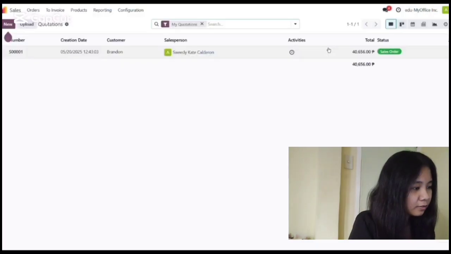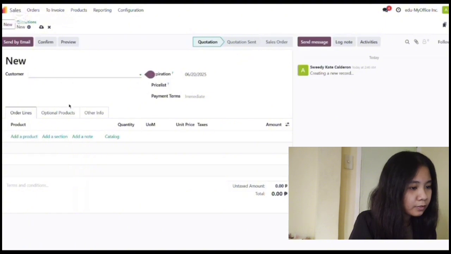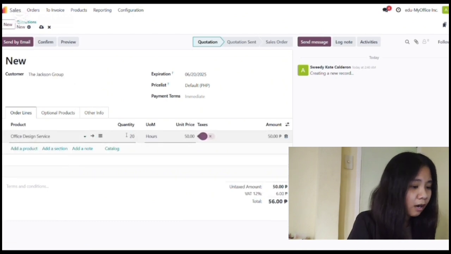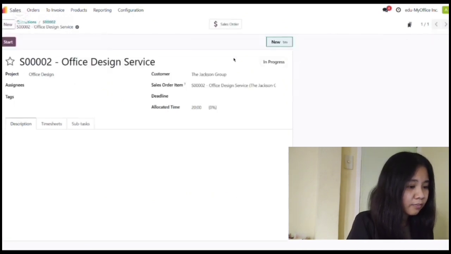Then we will click order, then quotation, then we will click new and we will type the Jackson Group. Then we will click add product. We will type office design services and